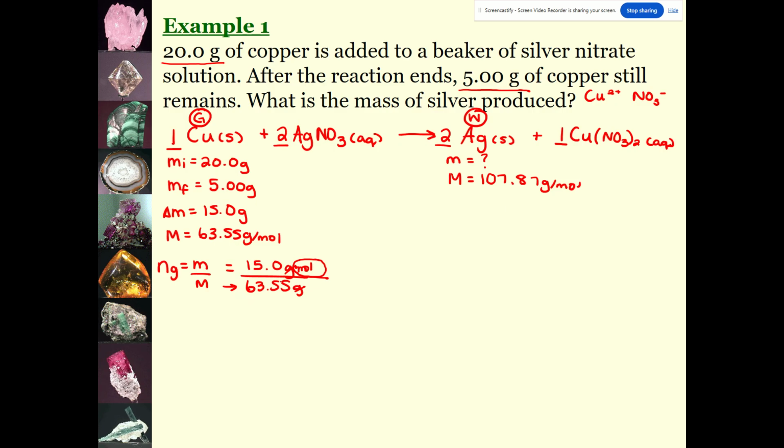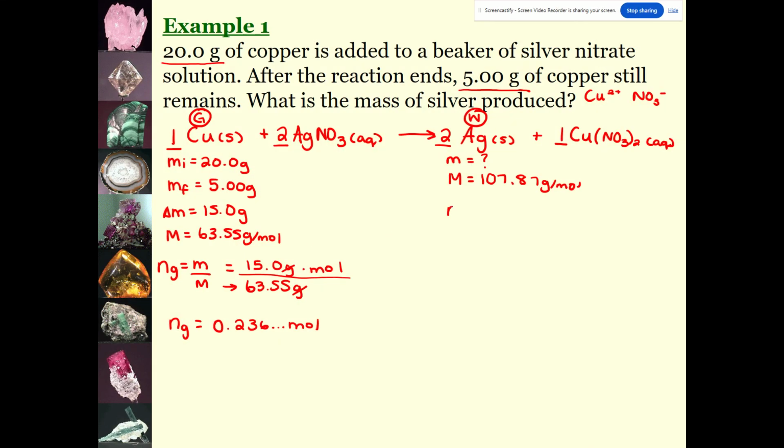So that's why you'll see me commonly in some other calculation questions put grams per mole, which puts the mole on the top, okay? So that we have moles on the top. Just a little side note there. So, mass over molar mass, 15 divided by 63.55 gives us an answer of 0.236. You don't have to write the entire number down, but store it in your calculator to use in the next step,